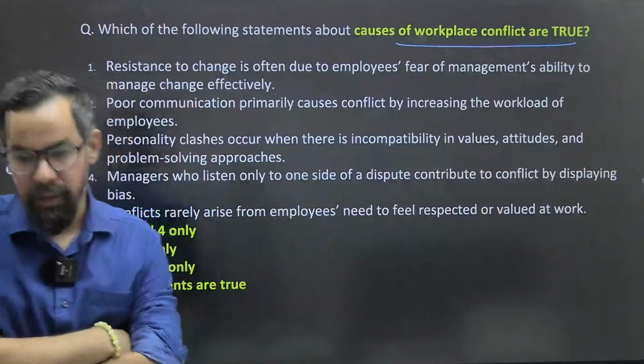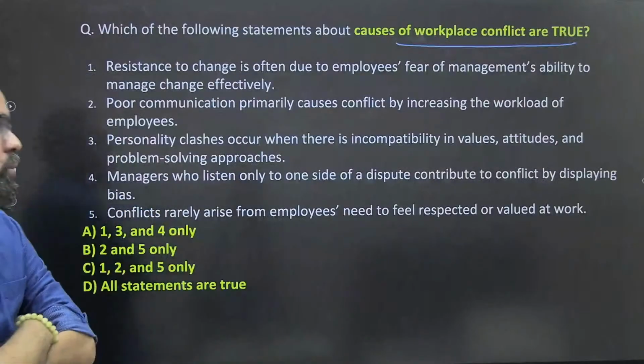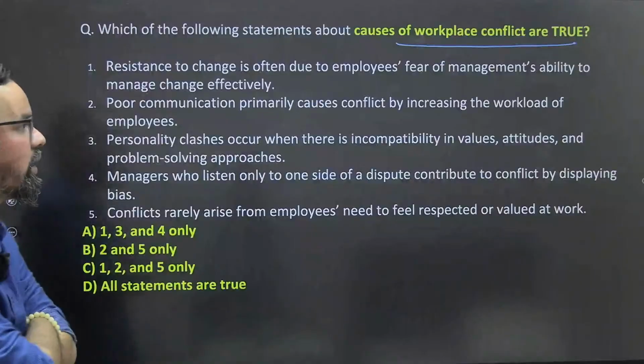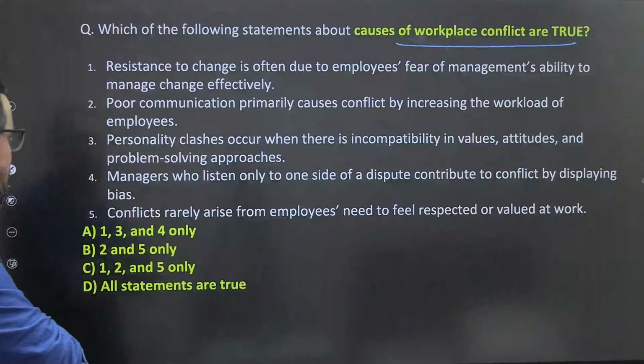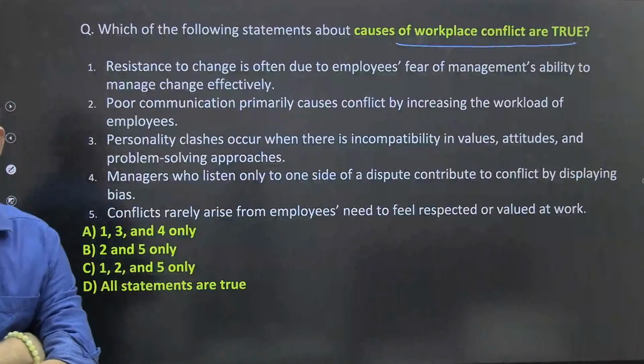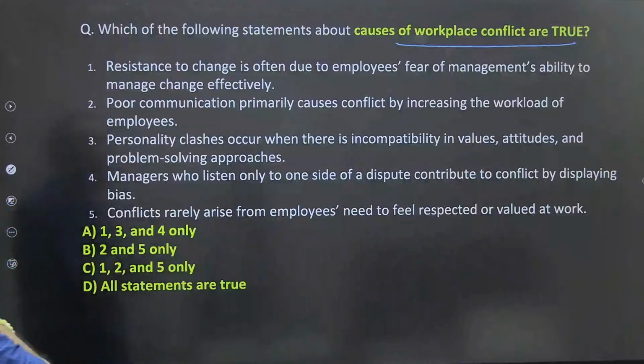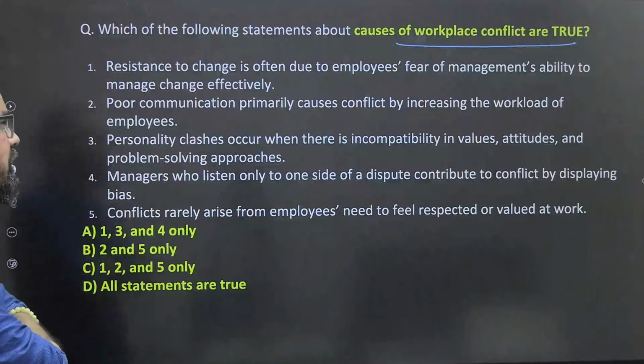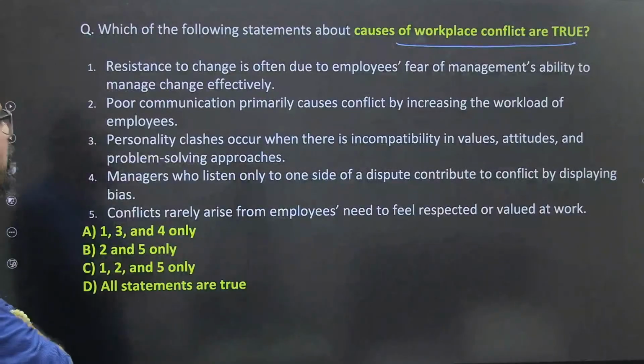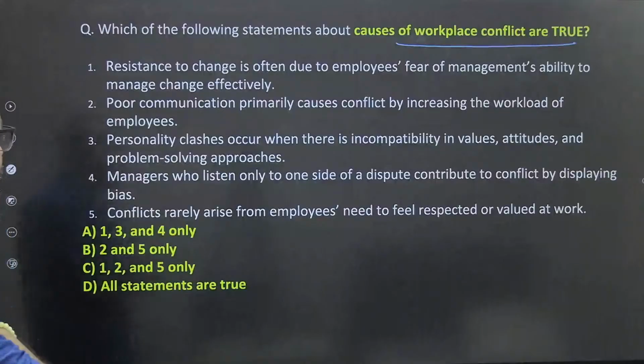It happens so many times, and there are so many reasons. Some reasons are listed in your question itself, and you have to find out the correct ones. So what will be your correct answer? Resistance to change is often due to employees' fear of management ability to manage change effectively.